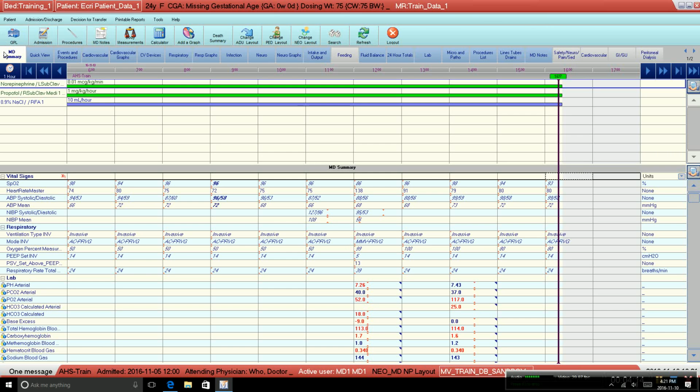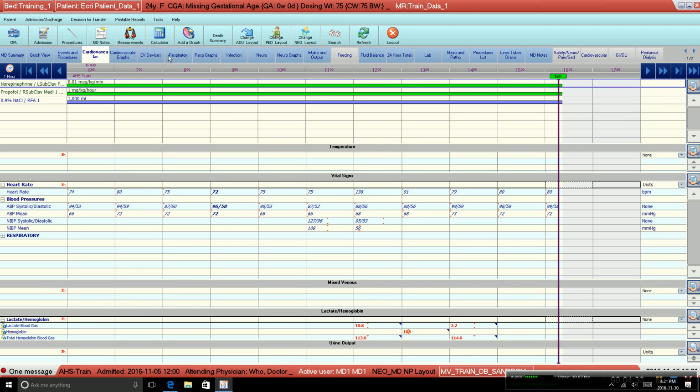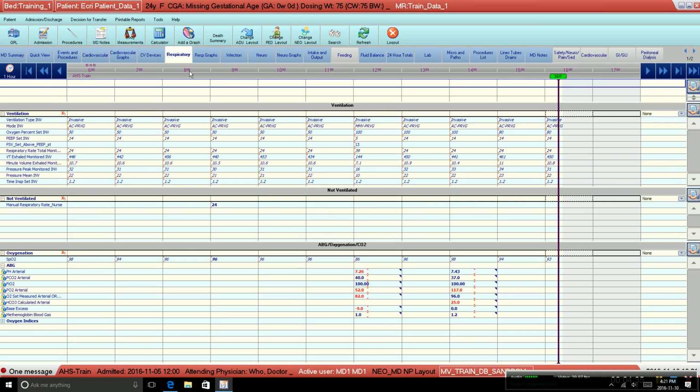The next set of buttons are actually tabs. These are the individual tabs we use to break up the patient chart, and you can think of this as an electronic chart. We break it up into individual organ systems that provide detailed information for specific systems of the patient. I'm not going to go through all of these different ones. Really, the best way for you to get familiar with all of the information available on all of these tabs is by getting into the system and